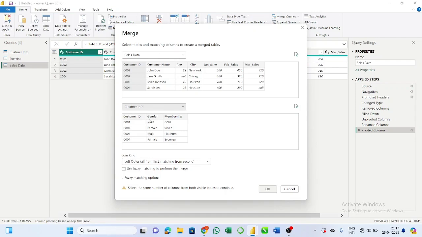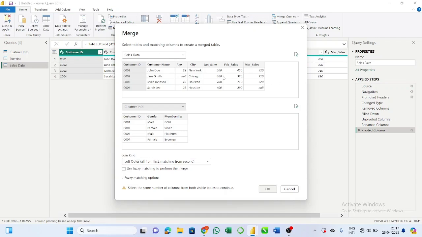But for the matching from second, if this one were to be 1 to 10, the gender and the membership for customer one will show here. So it's only the matching ones from this customer one that it is going to search for and extract from here, and then bring